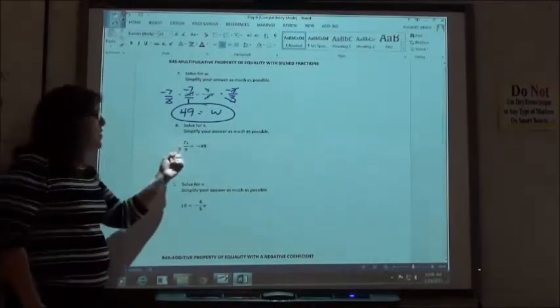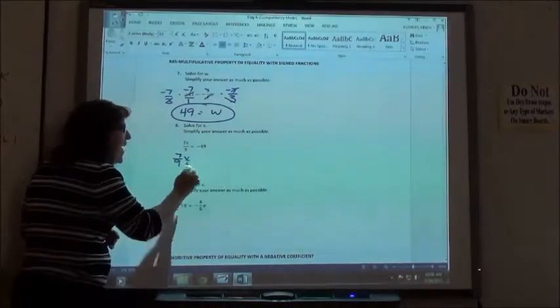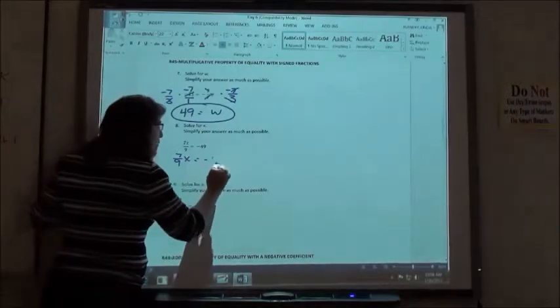Now if I have it written like this, it's the same thing as having 7/9 with the x behind it. Because if I would multiply 7/9 times x, the x would go on the top with the 7. So if I have 7/9 x equals negative 49,